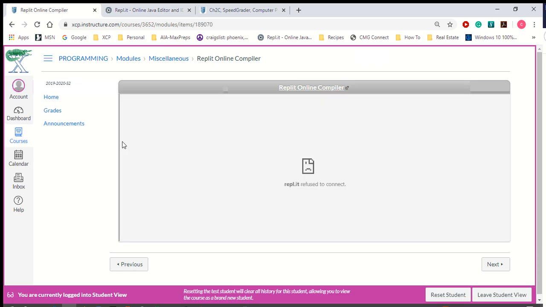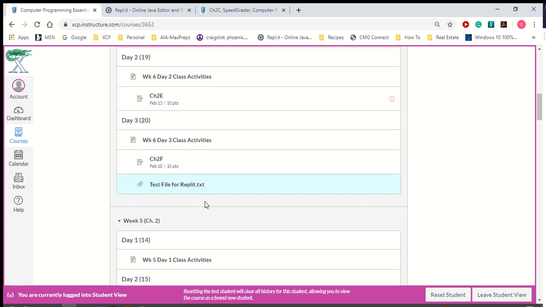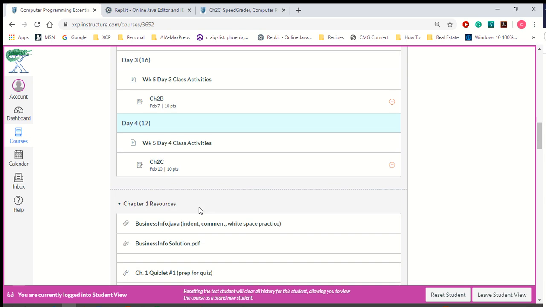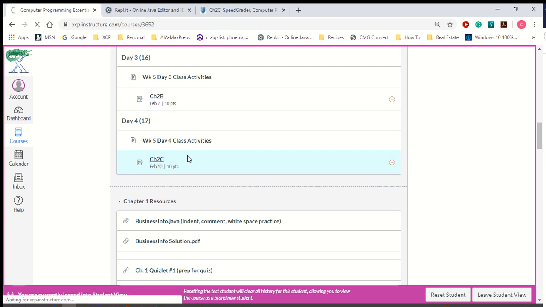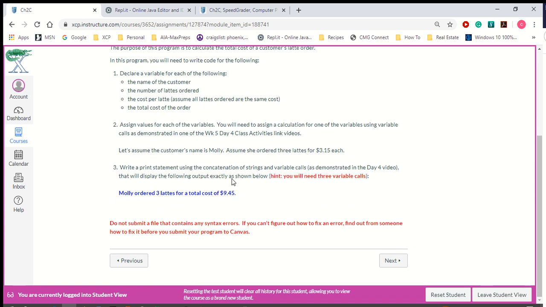and I don't know if I can do this here. I should have checked this out first. Let me see if I can go to Chapter 2C. I'm in Student View, so I'm hoping this will work. Okay, so then